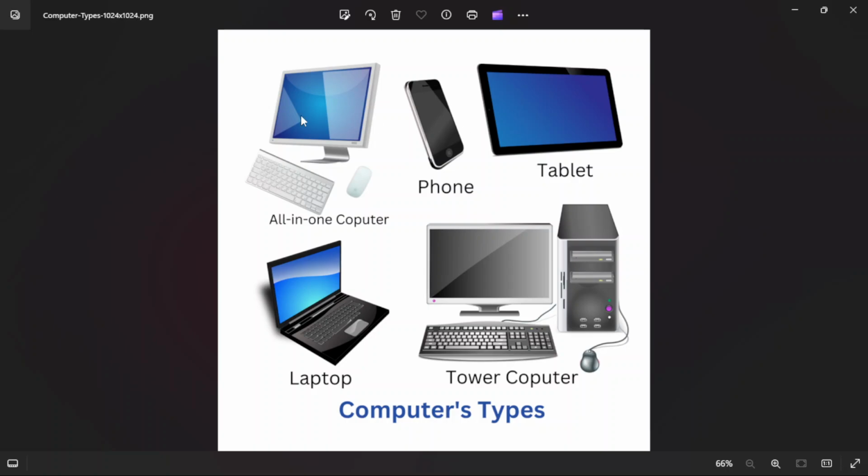And then on this side, we have an all-in-one computer. What this basically does is, it has the CPU, and then